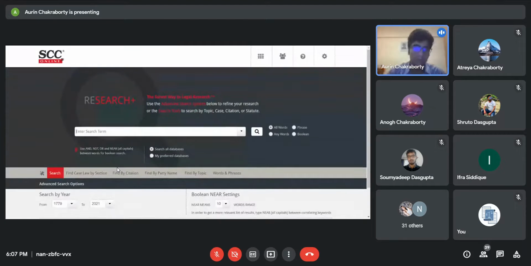Keeping that aside, if we go to the NEAR keyword, what it essentially helps us do is this: whenever there are random words or terms, and we want all of them somewhere in the judgment or the article that we want to find, the NEAR keyword puts that forward.